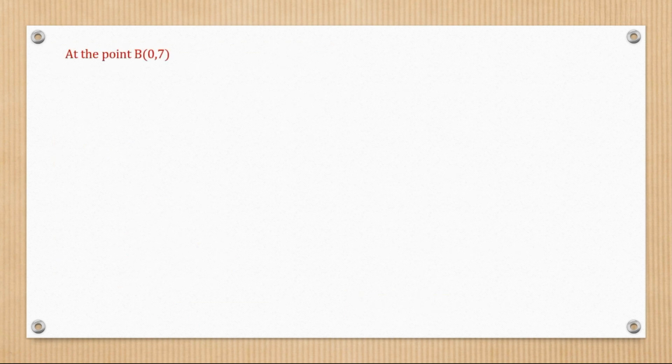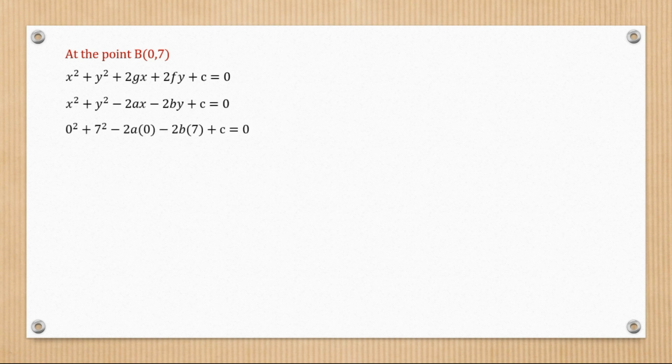Alright, at point B (0, 7), this is the equation. I'm also going to put it in terms of a and b. It's what I prefer, but remember, this will also work out if you leave it in terms of G and F. At the end you have your center being negative G, negative F. It's just my preference to use negative a and negative b for G and F. So now when I substitute for x and y, this is what I have. Simplify this further and I have negative 14b plus c being equal to negative 49, and that shall be equation